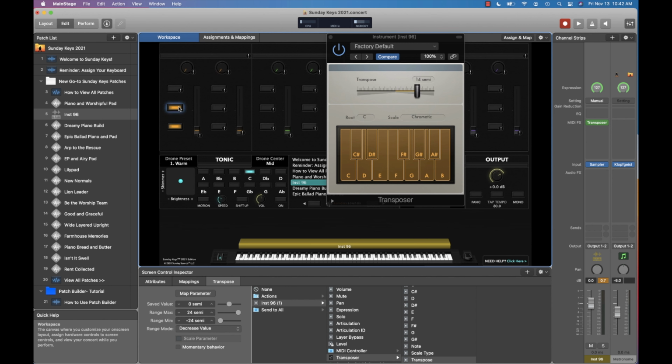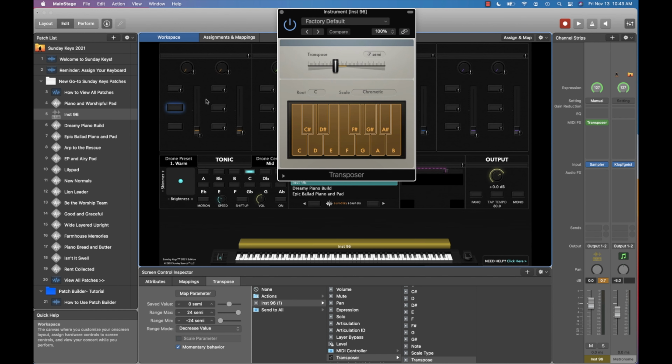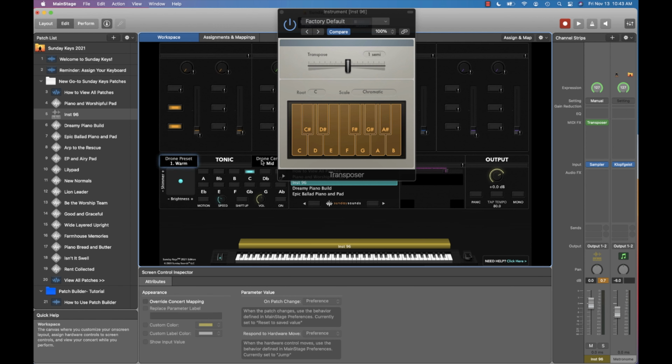But now I can actually go down with this one button, and I can go up with this other button. Now you can see that the button states are a little wonky right out of the gate, where they're not really accurately reflecting anything at all. So I would probably just turn on momentary behavior, and then you're still going to get weird behavior. There's lots of little things they've tweaked or changed, and there's some repercussions from those in terms of the graphics that I'd like to see worked out in a 3.5.1. But to be able to increment a value like this is really, really cool. So what we might look at doing over time is making it possible to increment drone presets in a future update to Sunday Keys or something like that.